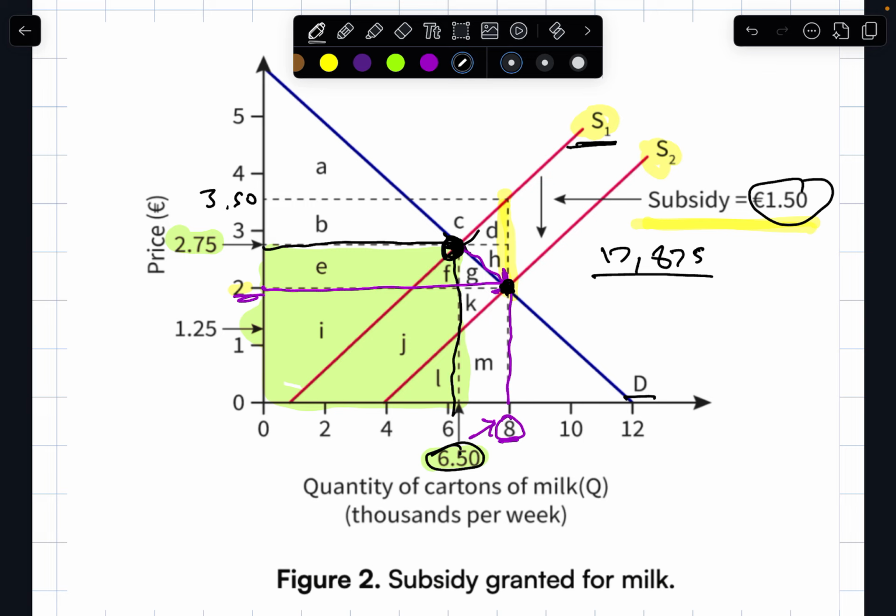Their new source of revenue, let's use yellow, no, let's use blue, is this entire area. So what's happened is not only are they getting this little IJKML from the consumer side,